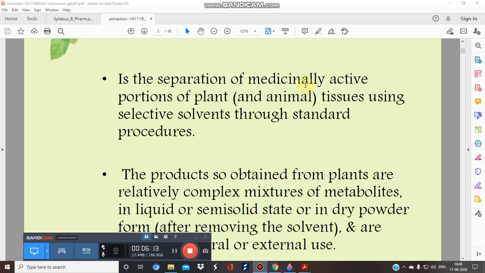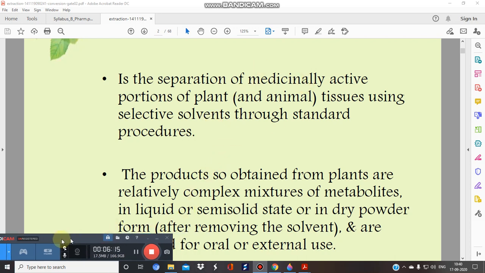The products or extracts so obtained contain a mixture of active constituents, and the extract may be liquid, solid, or semi-solid. It will depend upon the constituent that we are going to extract from a plant.